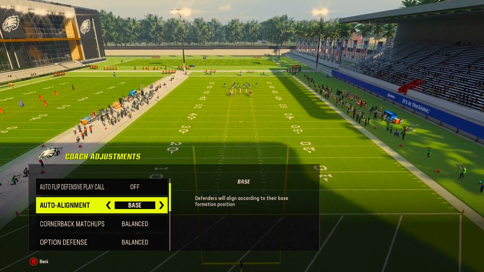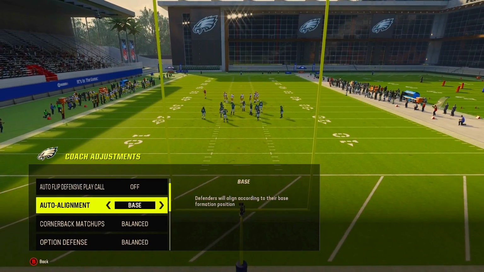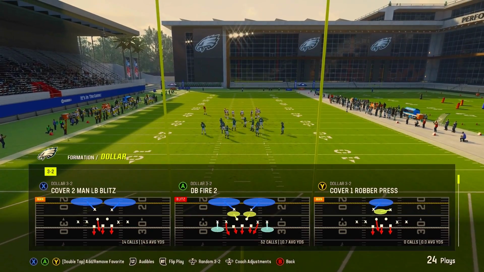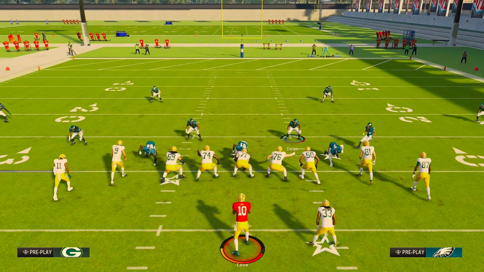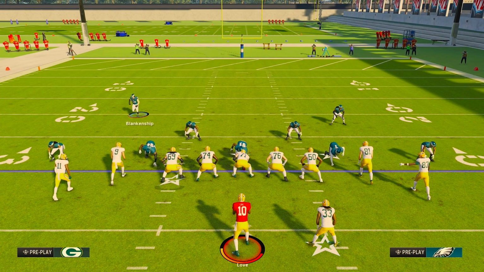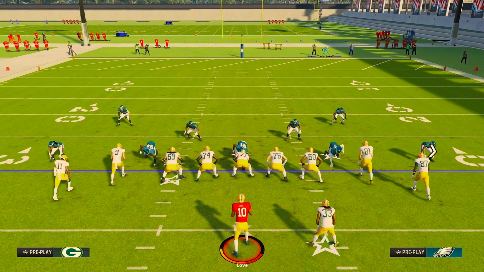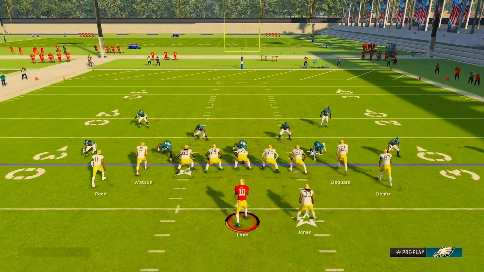But we'll start in dollar, okay? So dollar, auto flip off, and then baseline, okay? And so we're going to come out in DB Fire, right? So you're going to press and do the typical DB Fire setup. This is basically the entire setup of DB Fire, right? And so whenever you're on